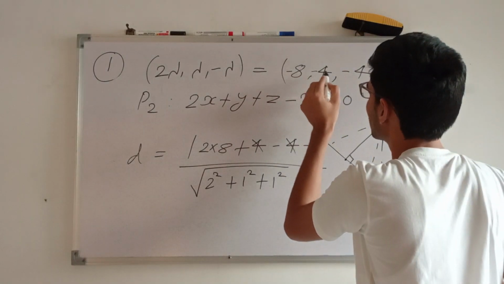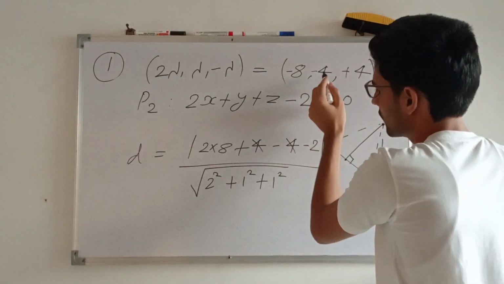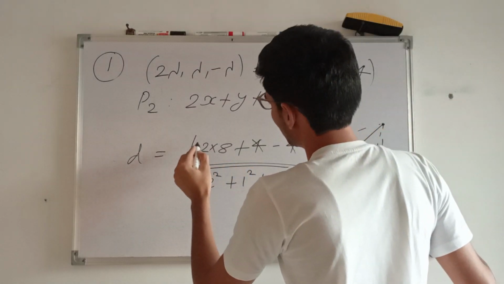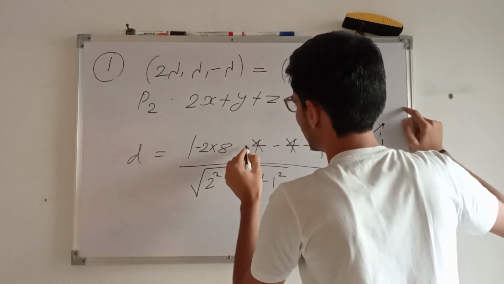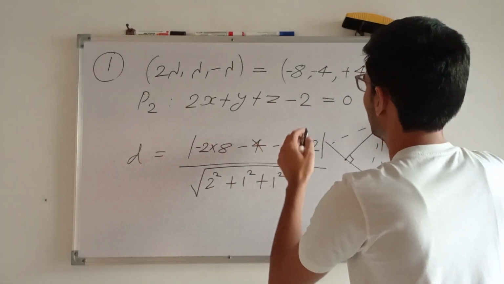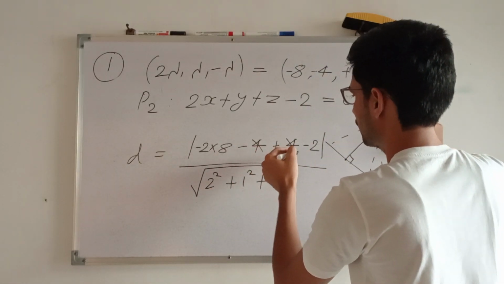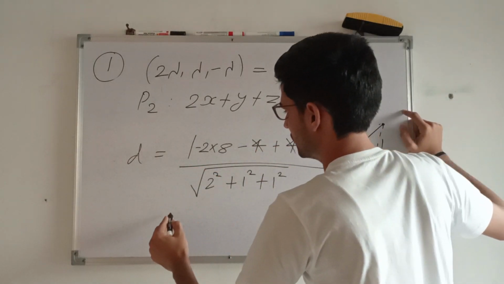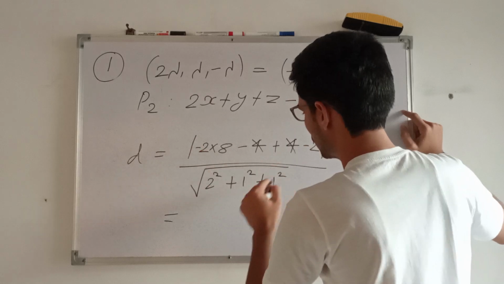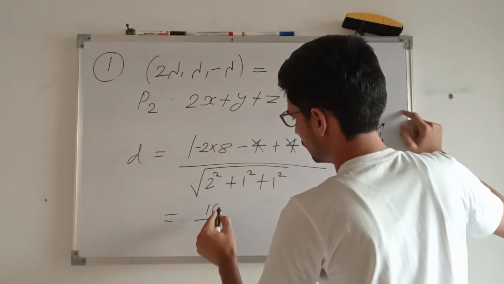So when we put minus 4 here, it will become minus 8. Now put this point here, we will get minus 16. This will become minus 4, and this will become plus 4. Plus 4 will cancel out. It will be minus 16 minus 2, minus 18. And it is a modulus, so it will become 18 upon